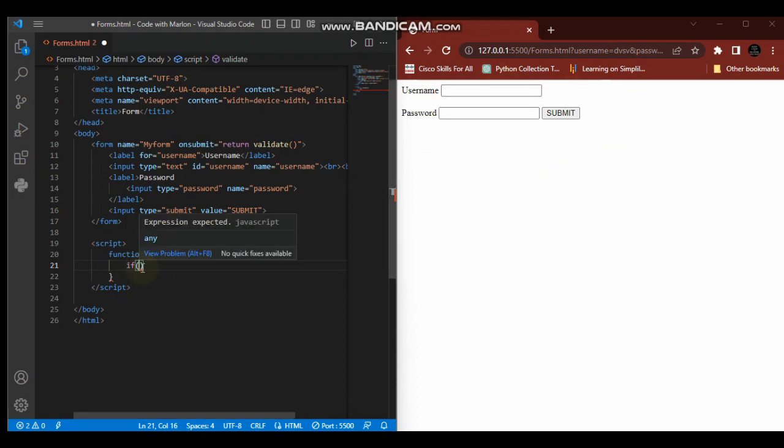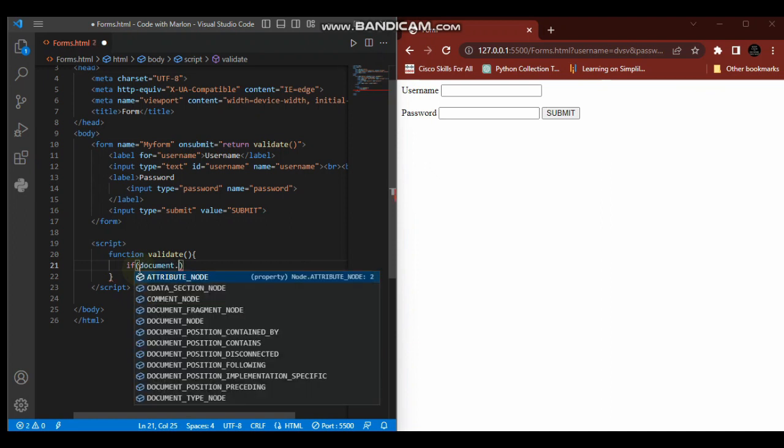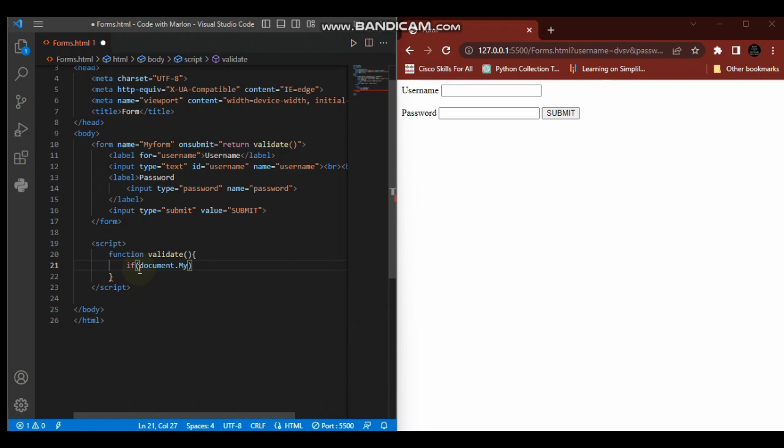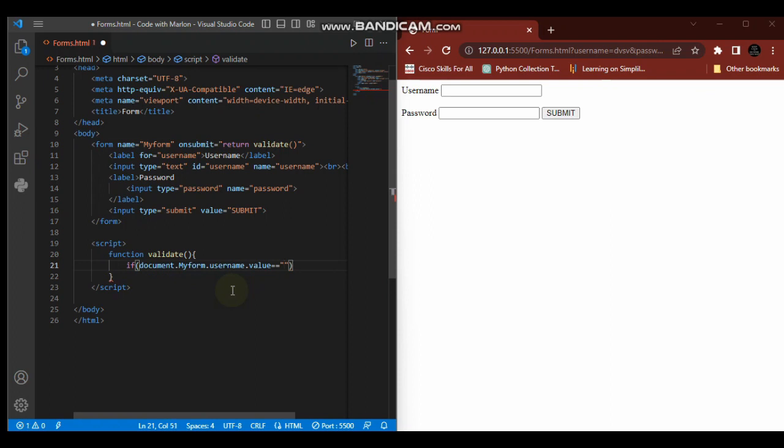So if this input field is empty, how do we know if it is empty? We'll use the document object. So if document dot my form, this is me reading the data from that input. My form, then dot the name. I will give this username a name, input type text name username, so document dot my form dot username dot value. Now its value is equal to empty,